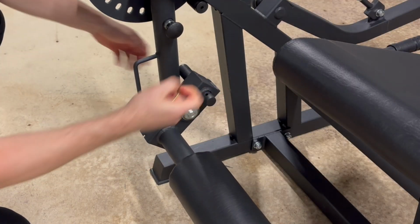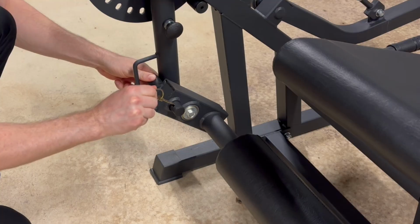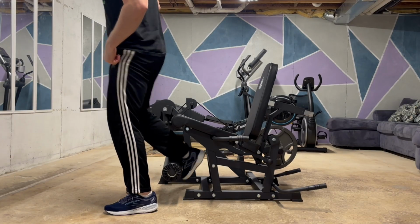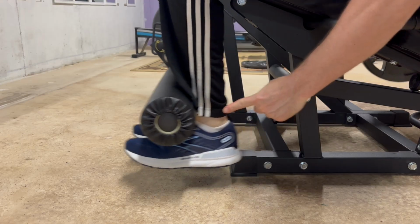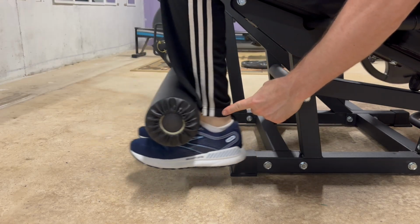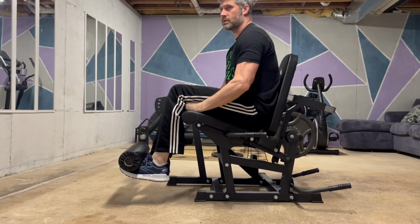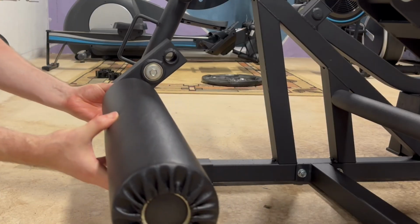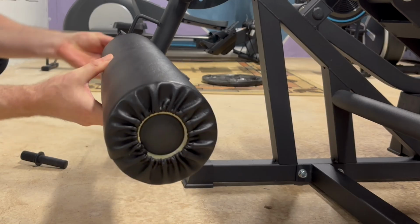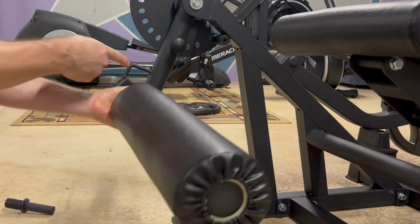I will say that although this pull pin for the leg roller is a big upgrade, there is still room for improvement. Locking the foot pad here is not one size fits all. I'm 6 foot 1 inch tall, so on the taller side, and the foot pad lands right here at the top of my foot. This would not work well for someone with shorter legs. Eventually, I hope this design evolves to be able to lock it in different positions, such as here, here, and here. Or maybe something like this cam plate mounted at the end of the arm, then the foot pad could